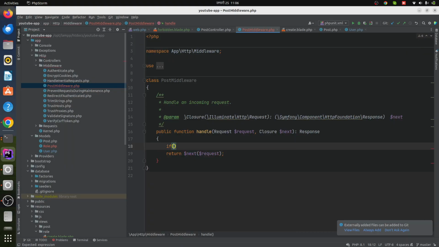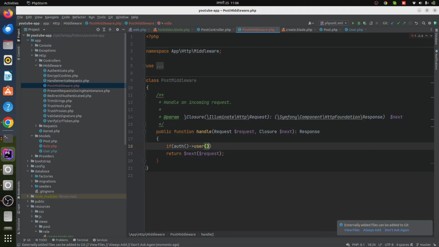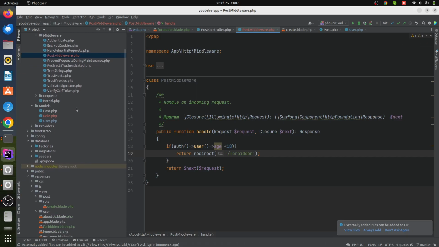Now what I'm gonna do is I'm gonna place the logic up here. If auth user age is less than 18, I'm gonna redirect to forbidden page, right? This is the logic. Now I'm gonna have to register this middleware inside, it should be somewhere